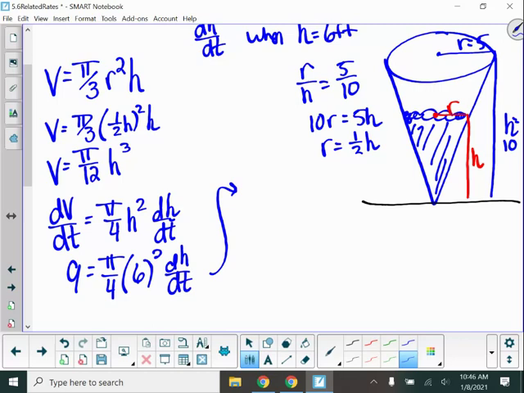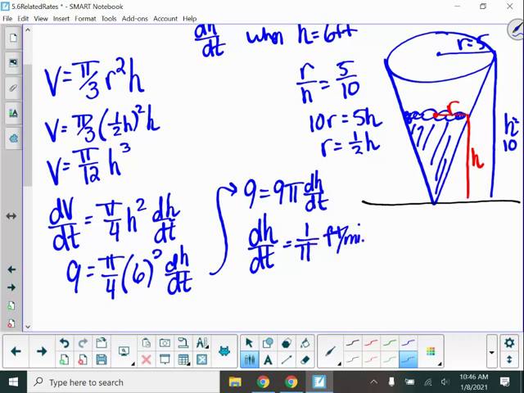You're going to have that divided by 4 because you have the pi over 4. So I have 9 equals 9 pi dh/dt, which means dh/dt is equal to 1 over pi